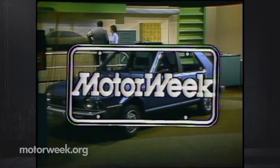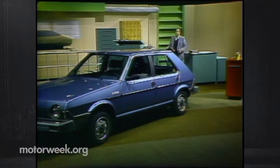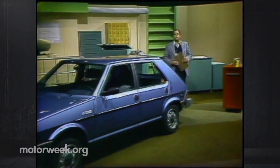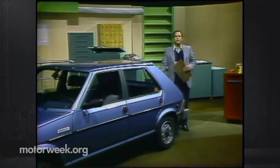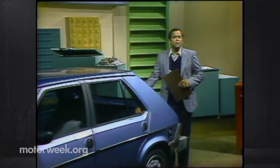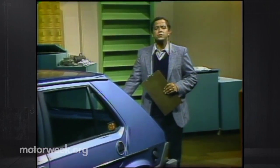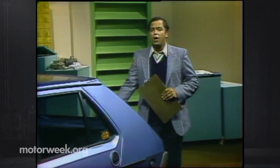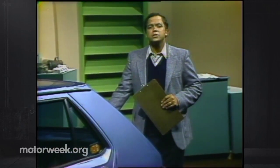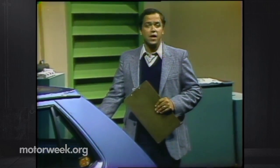MotorWeek, television's automotive magazine. For our second road test tonight, we turn to one of the largest manufacturers in Europe, Italy's Fiat. Fiat is a big name overseas, but their fortunes have been declining in the U.S. in recent years. The reason? Well, Fiats have been plagued by the public's perception that Italian cars are somewhat unreliable and offer unacceptable comfort for the average American. Our test, though, focuses on their entry into the extremely competitive econobox market, the Fiat Strada, like